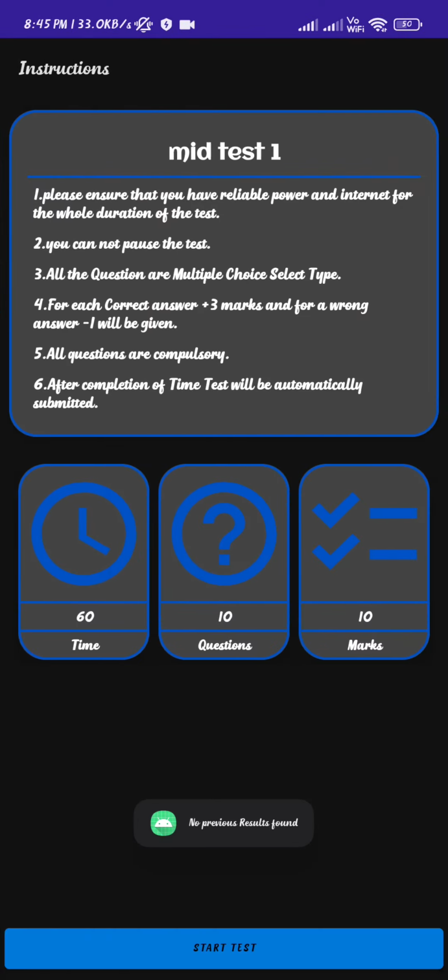Here these are the questions and these are the options. You have to select like this. And one thing, in progress you will see which are answered and which are not visited yet. If I go this side 2 times, then you will see 1, 2, 3, and red color means it is not answered, but 4, 5, 6 are not visited. I am on 3, and I want to review this question, so this yellow star will appear. Then if you go to the instruction section, here review number 3 is in yellow color. If I want to directly go to 10, I will click here and automatically I will come to 10.